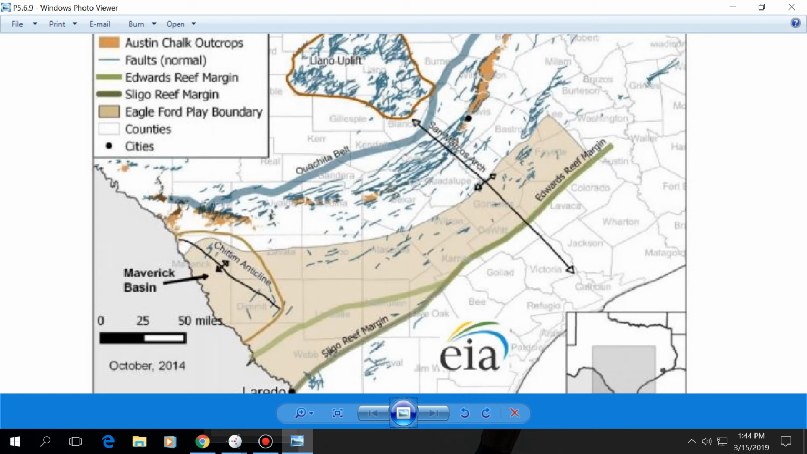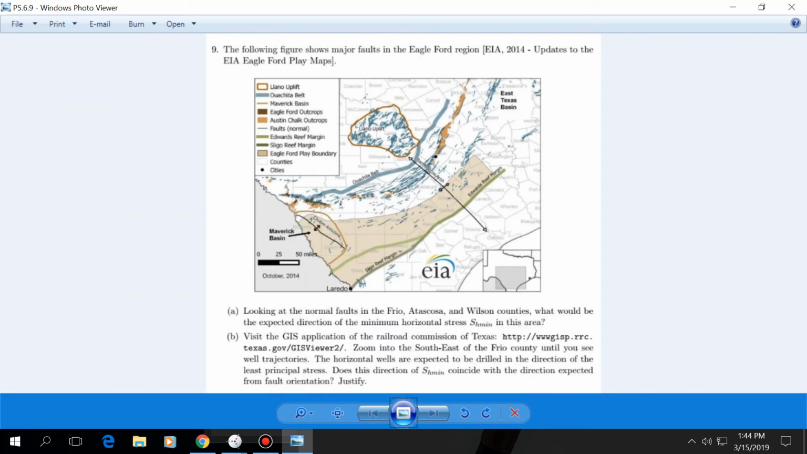So you have to do two things. Based on what you see in this map, and knowing that these are normal faults, I want you to tell me, what do you think is the orientation of the minimum principal stress in the Eagle Ford basin? Okay? And probably you already have an answer. And once you have it, I want you to verify it. And the way you're going to verify it is going to be by using